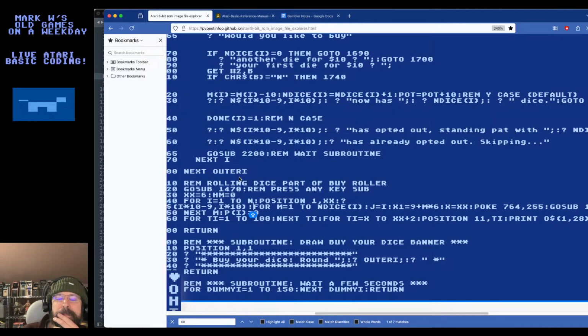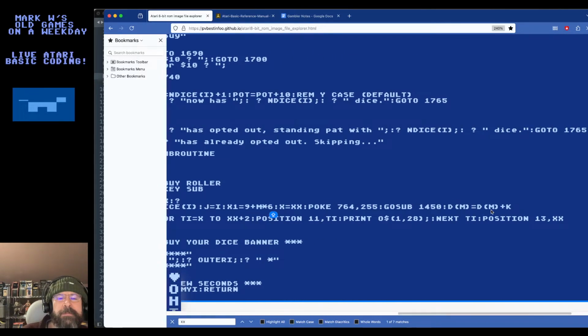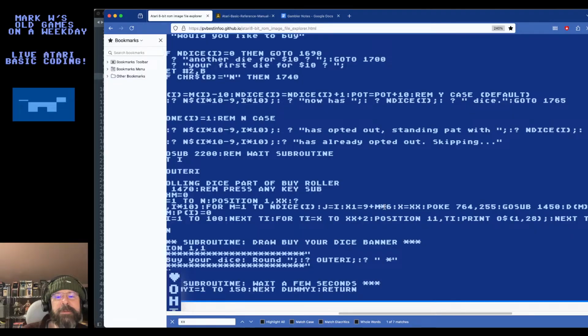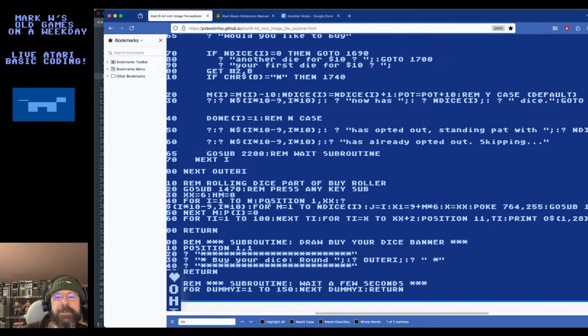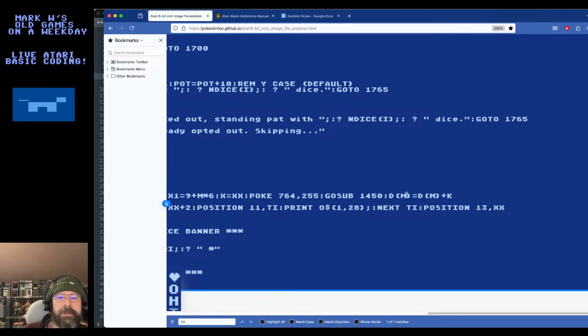Wait a minute. No, I'm going to change this to D of the player. We don't care about individual dice. The player index is going to be I. So we want it like this. I feel like I need to clear out this. I don't know, maybe I shouldn't do this.